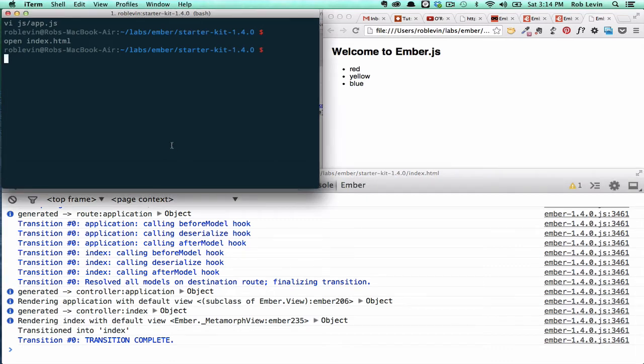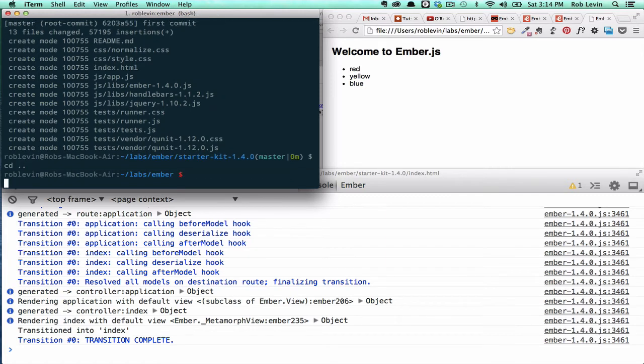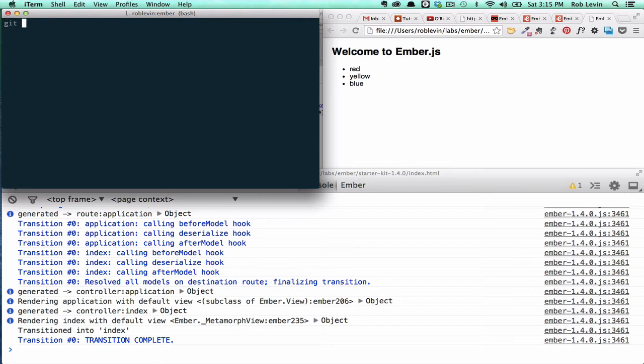So at this point, what we'll do is we'll create a repo. So we'll do git init, git add all, and git commit this as a first commit. And what this will allow us to do is now go up into more generic directory. So I've got a labs Ember directory where I put my Ember stuff. And now if we decide, hey, I want to test something out, you can simply git clone that starter kit, and it's got all those